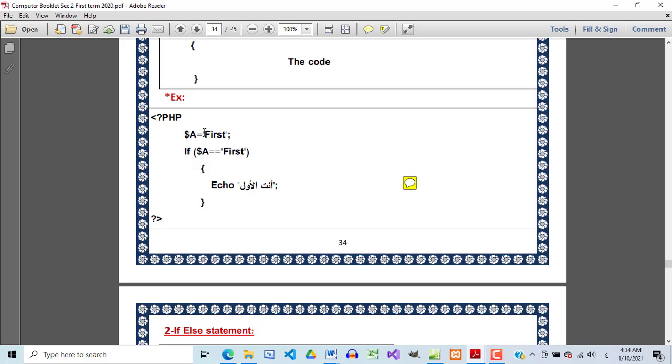Let's say, for example, that a equals second. So what will happen inside this code? What is the result? Actually, none. In the ordinary if then, it will not execute the code if the conditional expression is false. You don't have any other choice. Either the conditional expression is true, so it will execute that. If it's not, the conditional statement will end and nothing will be displayed for you,